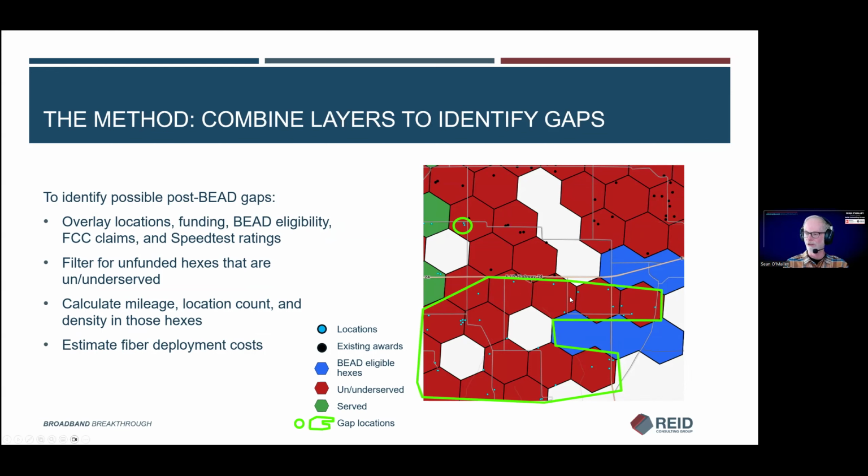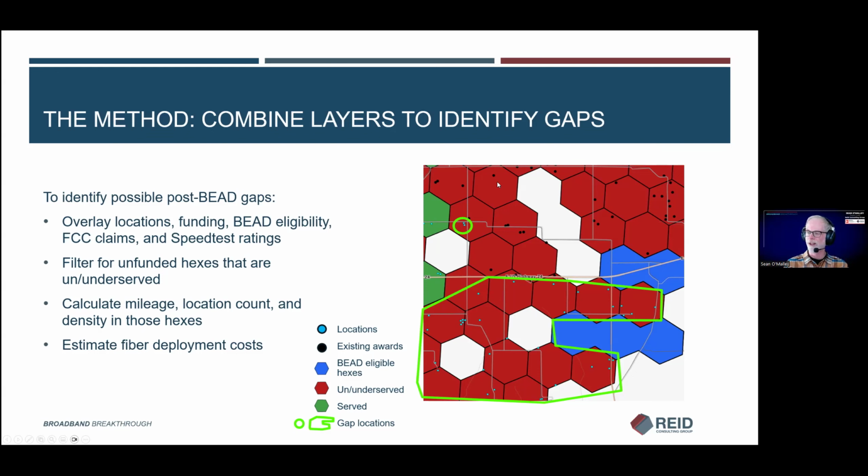In this little snippet of a location here, the green hexes are places that are showing up as served. The blue hexes are shorthand for where BEAD locations are. There might be, like here, a location peeking out from under there. When we do our analysis, we'll actually use the locations.